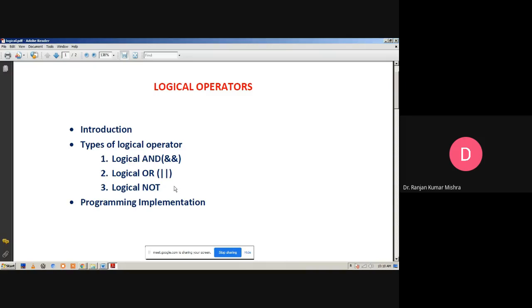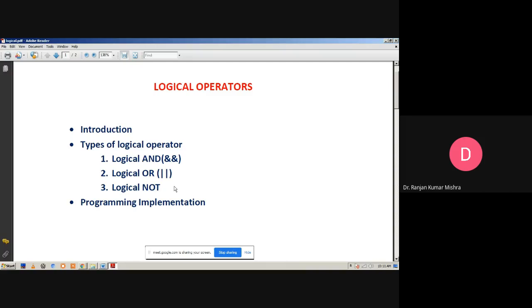Basically, when we have a condition in which we have to combine two expressions, and according to the evaluation of the combined expression we have to take some decision, in these situations we generally use logical operators.